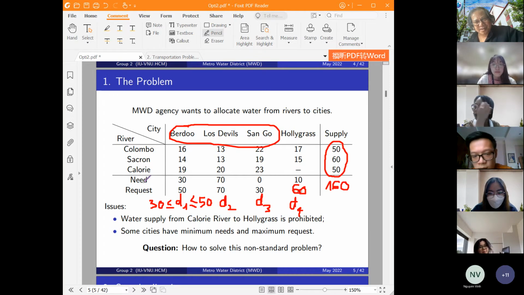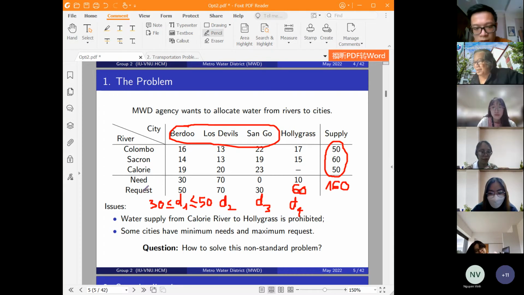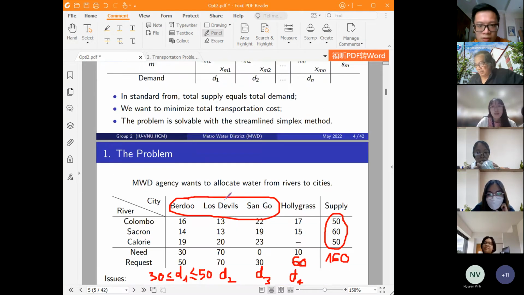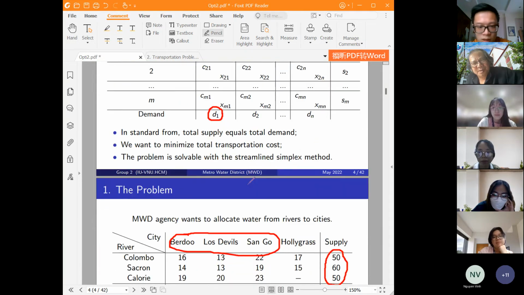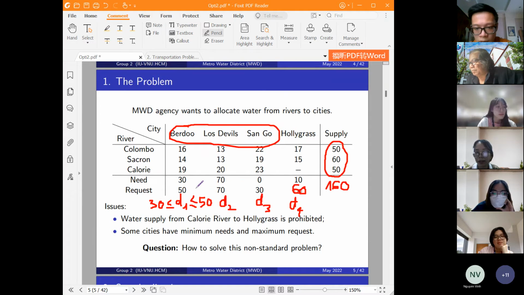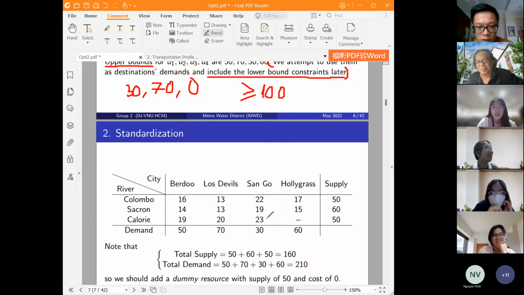It's because for this problem, we have two different types of demand for each city: the minimum need and the maximum request. It is different from the original problem. In the original problem, each destination only has one demand. So we have to choose one of them. Say that we choose the request as the initial demand for the